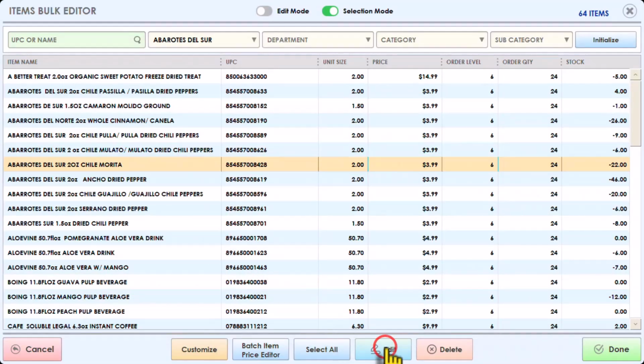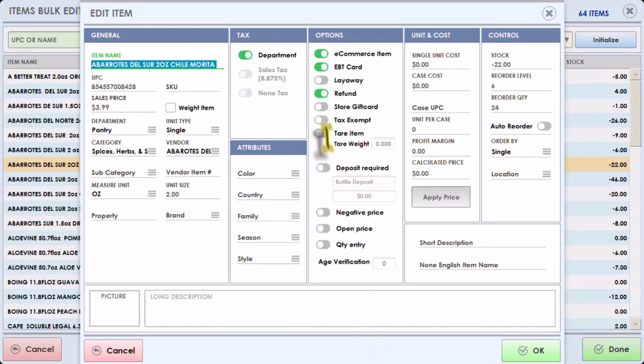Press Edit button. You can modify the item details,